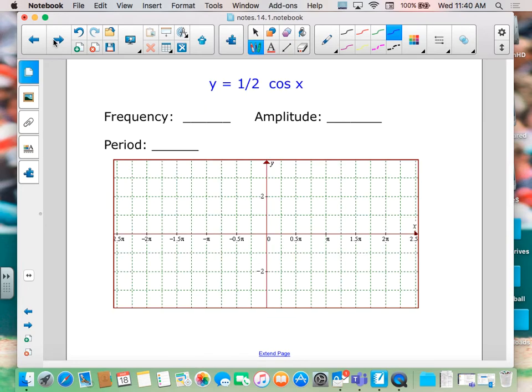All right, here's our first example to put in your notes, and we're going to do a cosine function. So I'm going to try to graph it without making a table of values and just